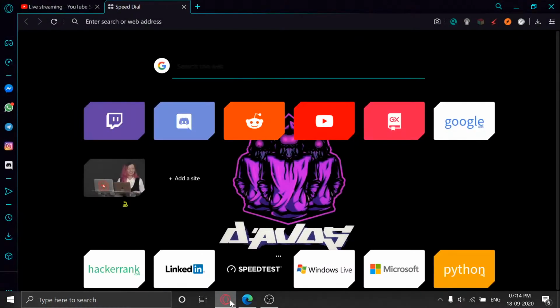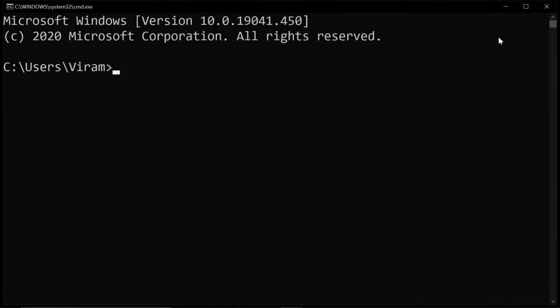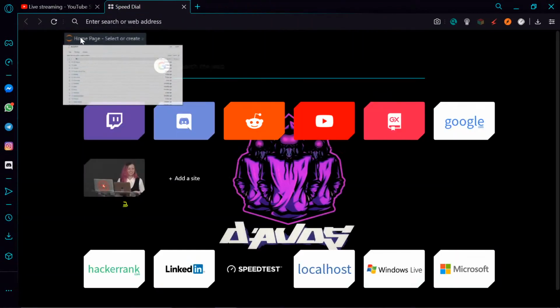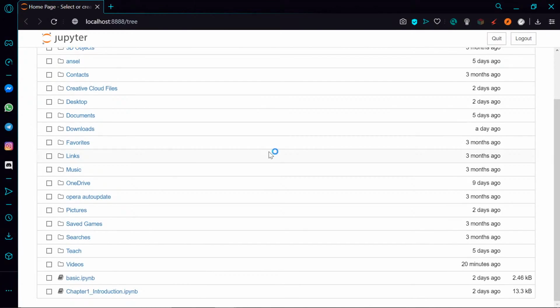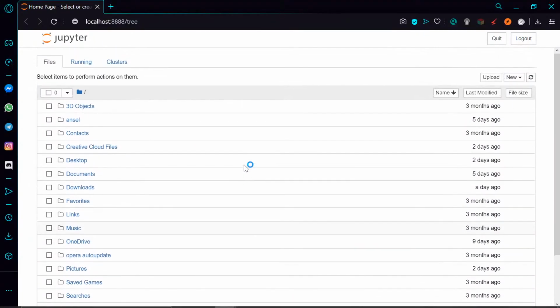So we had a doubt about Jupyter's default browser. A guy texted me about it: whenever we press Windows R, type cmd, and then run jupyter notebook, it opens in my Opera browser. I'm not giving it any different instructions to open any other browser, but my PC obviously has different browsers. We have Edge here, we have other browsers too.